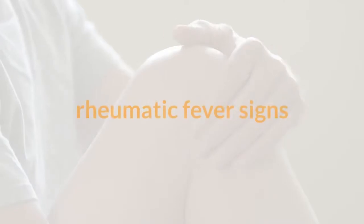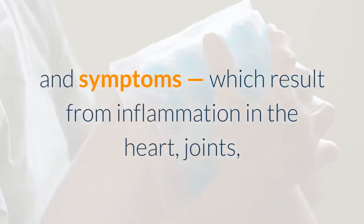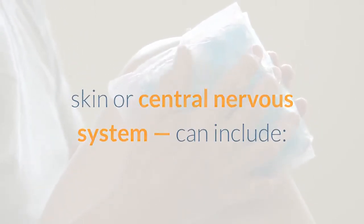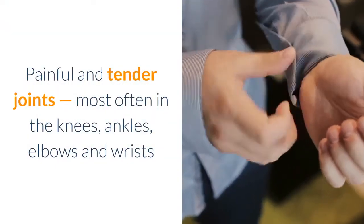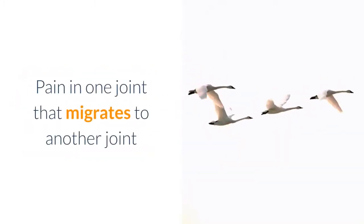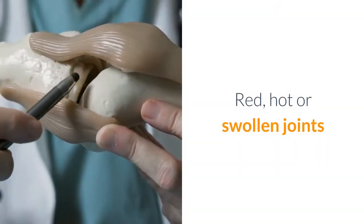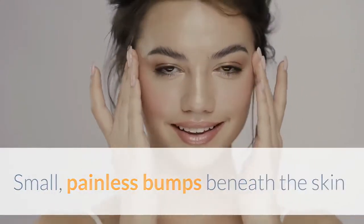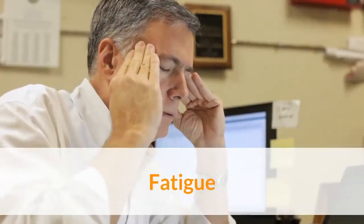Symptoms. Rheumatic fever signs and symptoms, which result from inflammation in the heart, joints, skin or central nervous system, can include fever, painful and tender joints, most often in the knees, ankles, elbows and wrists, pain in one joint that migrates to another joint, red, hot or swollen joints, small, painless bumps beneath the skin, chest pain, heart murmur, fatigue,